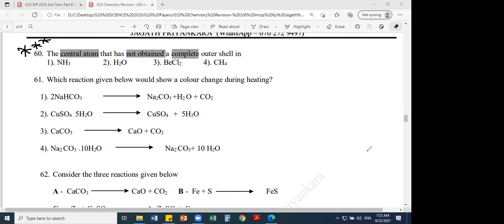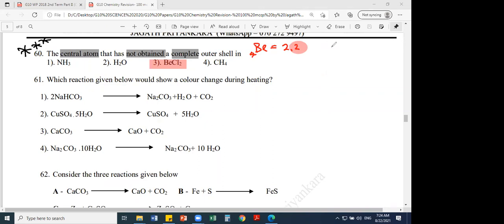Pulsara? Answer number 3. Yeah, that is the answer. Very good. Sometimes we call this incomplete octet. Put an arrow towards this and write beryllium. What is the configuration? Beryllium 2,2. Beryllium can form maximum 2 bonds. Please write this beryllium configuration 2,2, atomic number 4. If you don't know the atomic number of beryllium, that is the end of your chemistry. 2,2 means what? 2 valence electrons, which means valency 2.